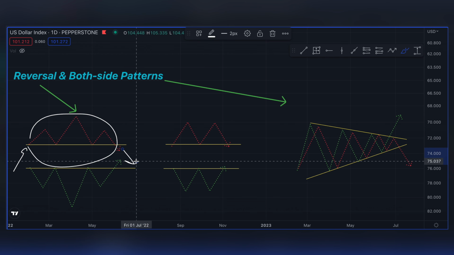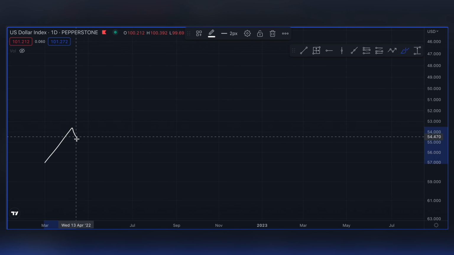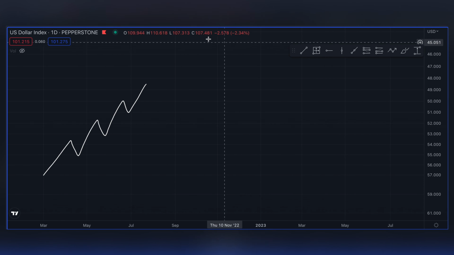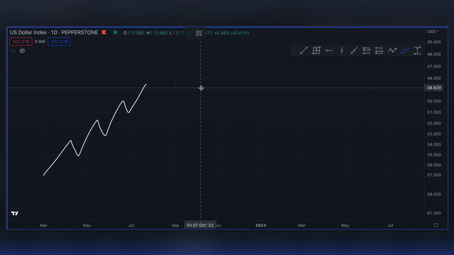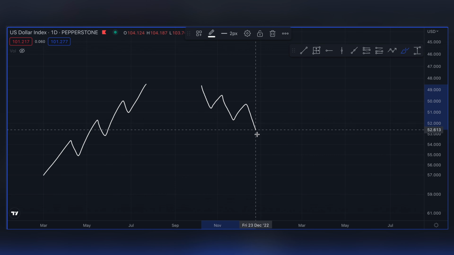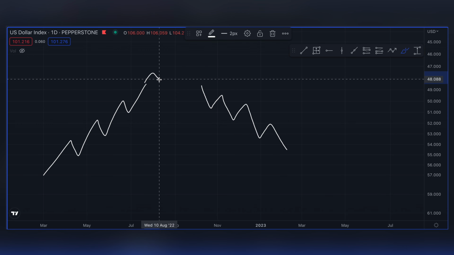Why so? Just remember how an uptrend is formed. Every high is higher, every low is higher, everything is going higher and higher. It's an uptrend. And remember what a downtrend is. A downtrend is when our lows are getting lower and highs are getting lower also. It's a downtrend. And what we have here in head and shoulders, we have the first shoulder, it's our high, which is higher than the previous